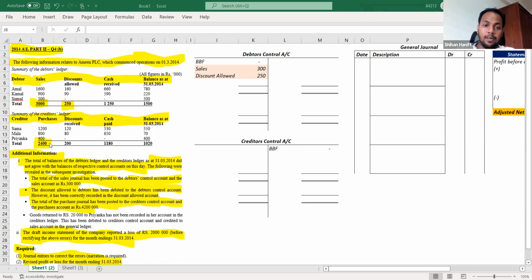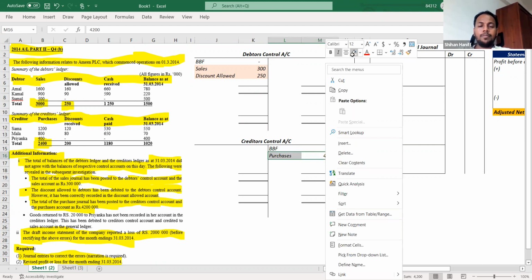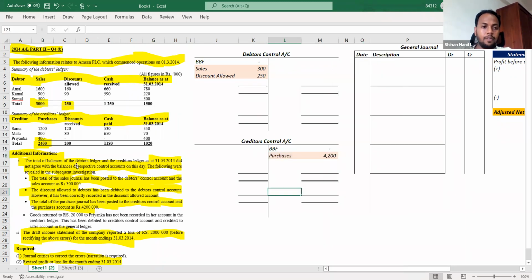So in the creditors control account, purchases are recorded as 4.2 million. Okay, so this is also an error. Next,